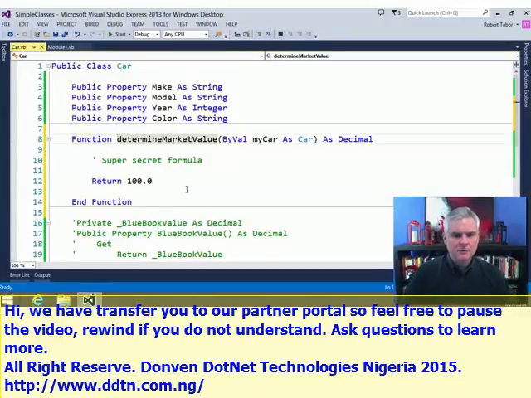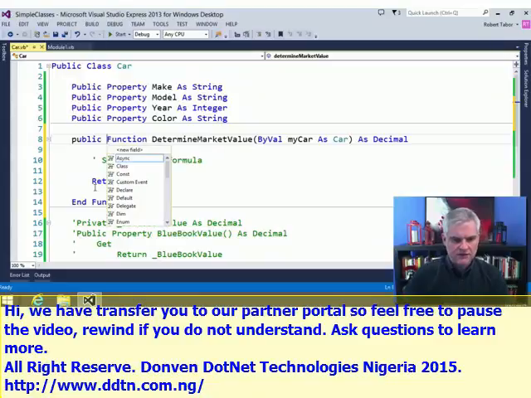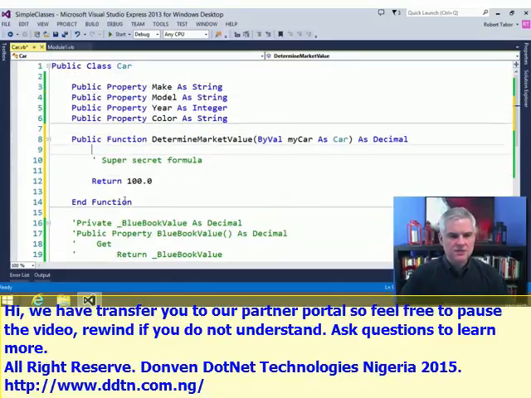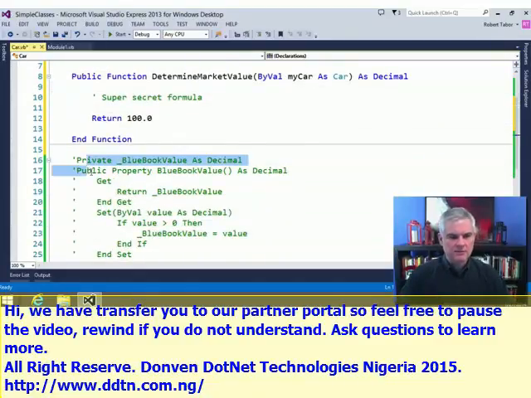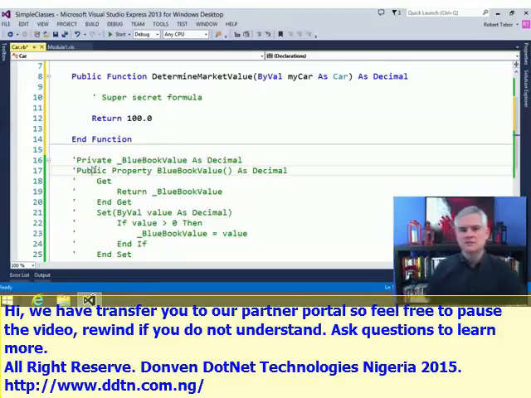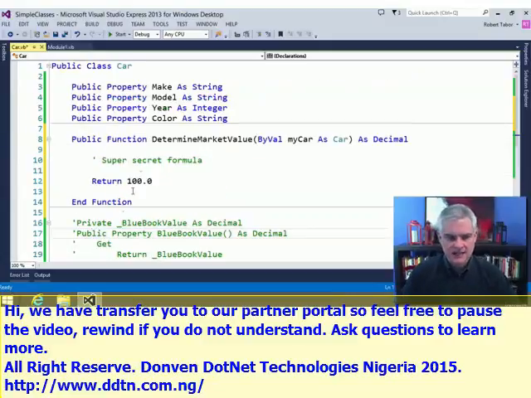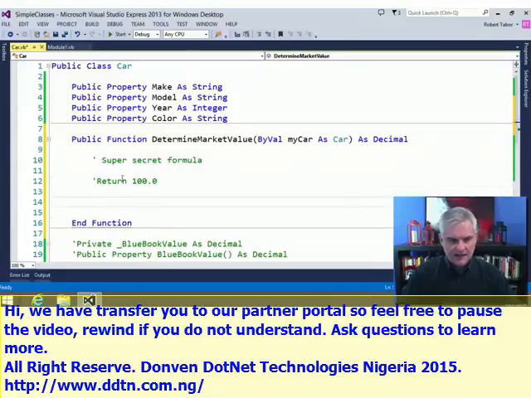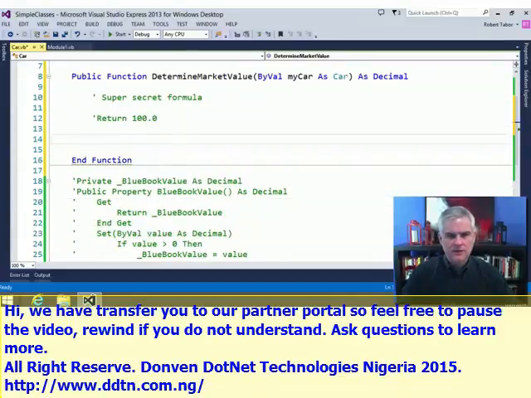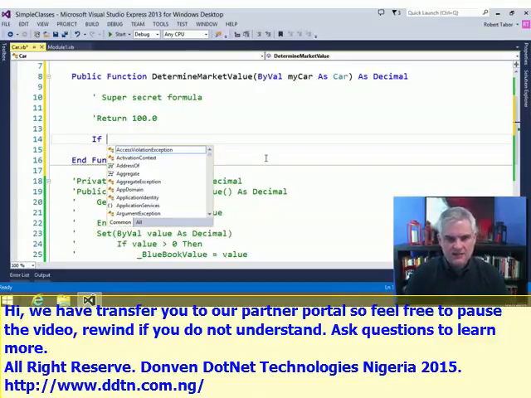First of all, I'm going to change its name from lowercase d to uppercase d, and I'm going to mark this function as a public function for all the reasons that we talked about before when we were talking about private and public, and we'll discuss that at much more length in the future when we discuss visibility modifiers, and we'll devote almost a whole lesson to that topic. But for now, let's comment out our super secret formula, and let's give it a more interesting set of business